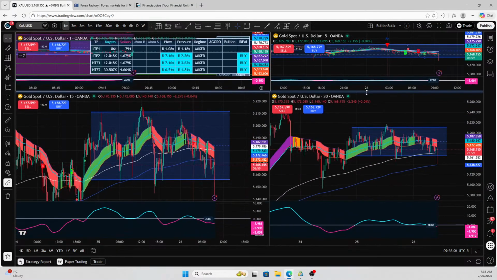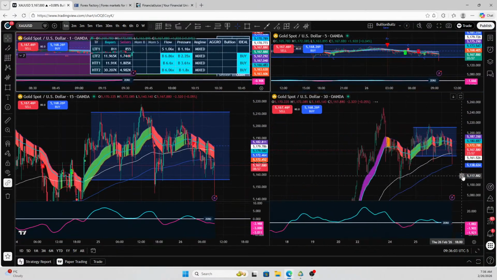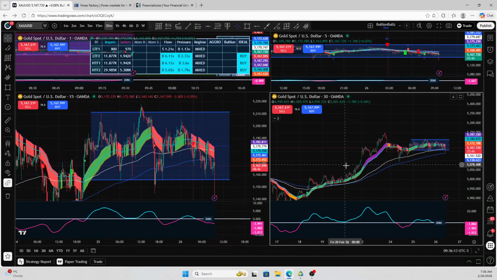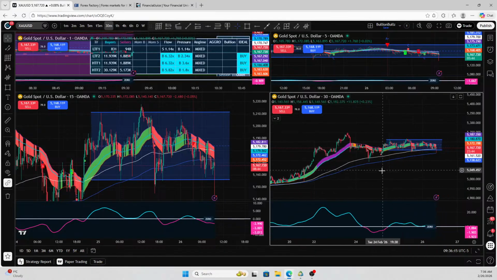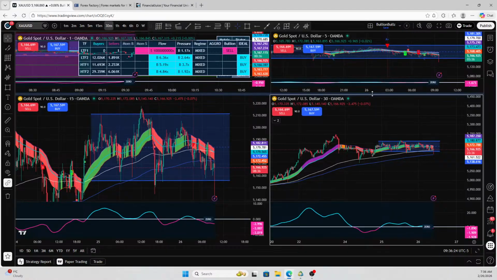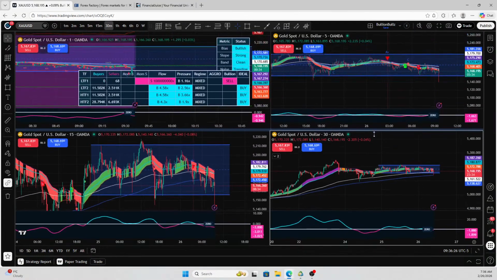Overall, if we go through our trend, you can see that we're still bullish on price structure on 30 minutes. Since the structure is still holding, it's not breaking, whereas the oscillator is pointing towards being bearish. And these inconsistencies or misalignments